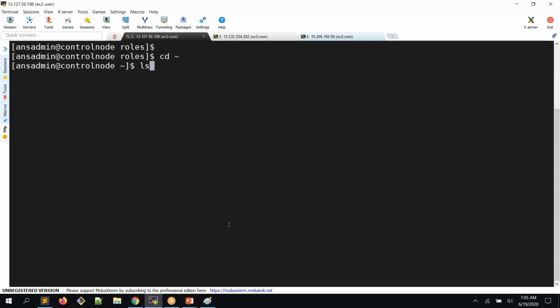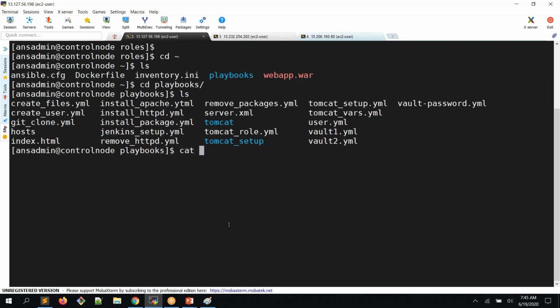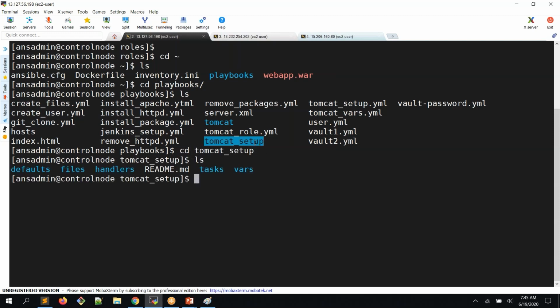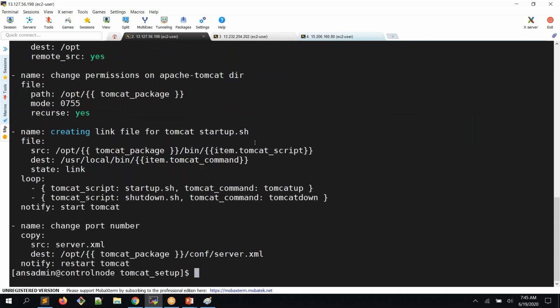Go to my home directory, under here, playbooks. Okay, so we already have a role to set up Tomcat, right? Go inside Tomcat and cat tasks main.yml. So in this system, what we are doing, by this time we are just setting up Tomcat and starting the services. Now I would like to copy my WAR file onto this system, right? So to copy,